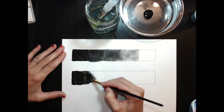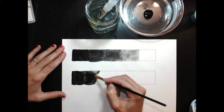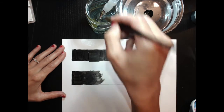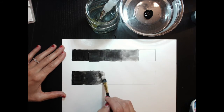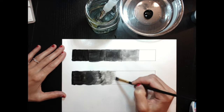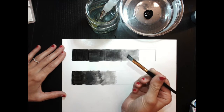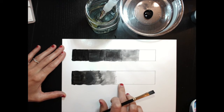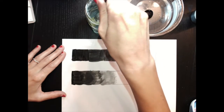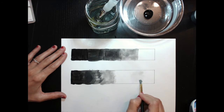Add a little bit more water while it's wet. If I let it dry, then this won't really work. It won't mix. So I'm going to add a little more water. And as I get lighter and lighter, I have less and less black on my paintbrush. Now you can see it's already starting to get light here, and we kind of want to bring this down. So I'm going to rinse my brush. I'm going to paint just a little bit right here,